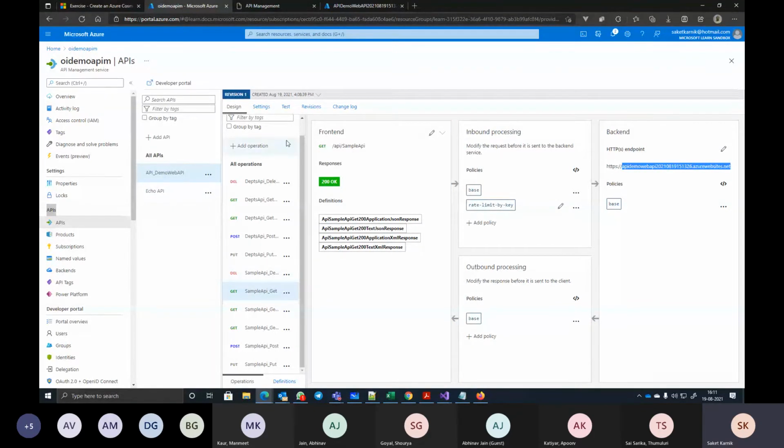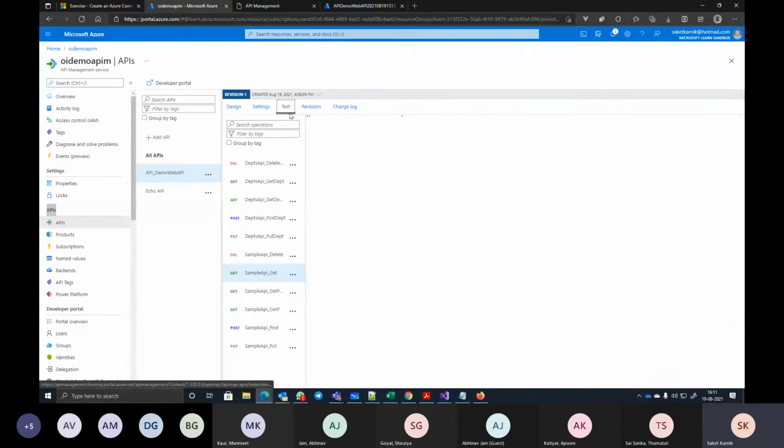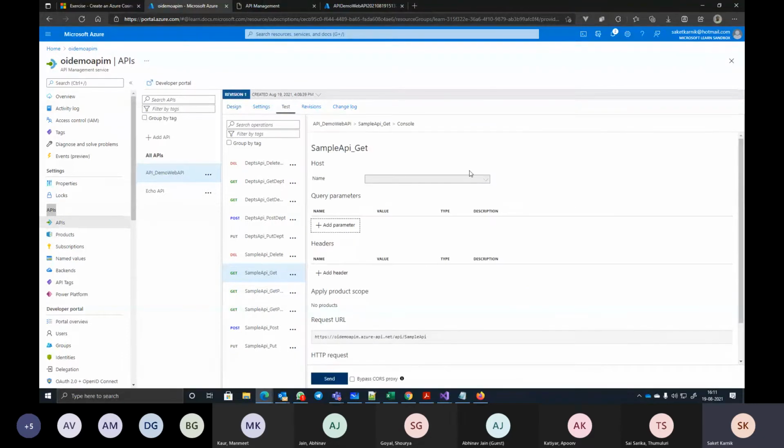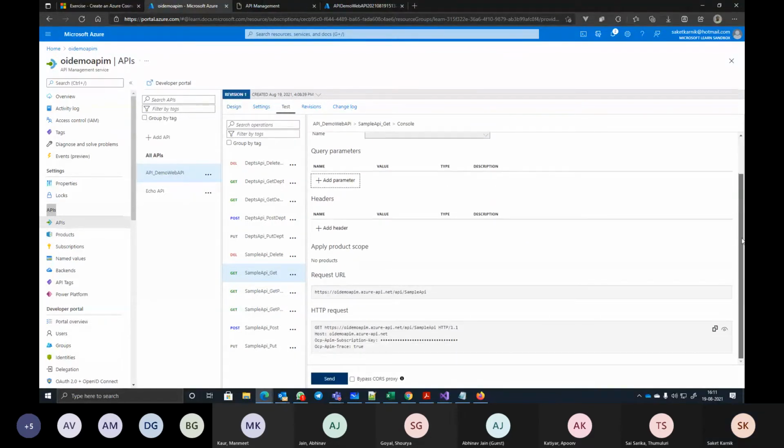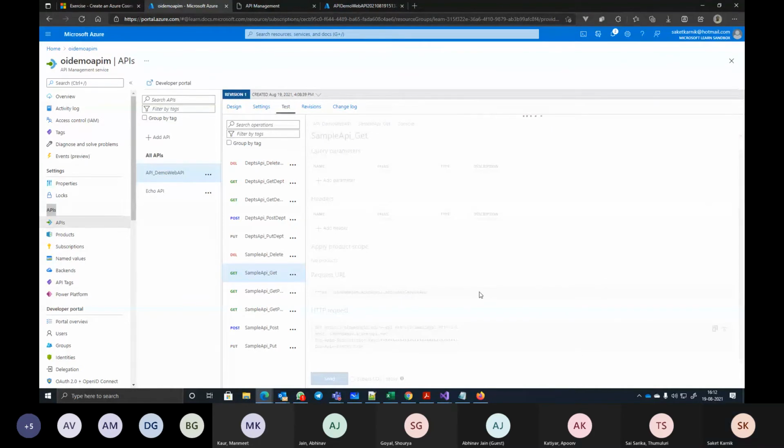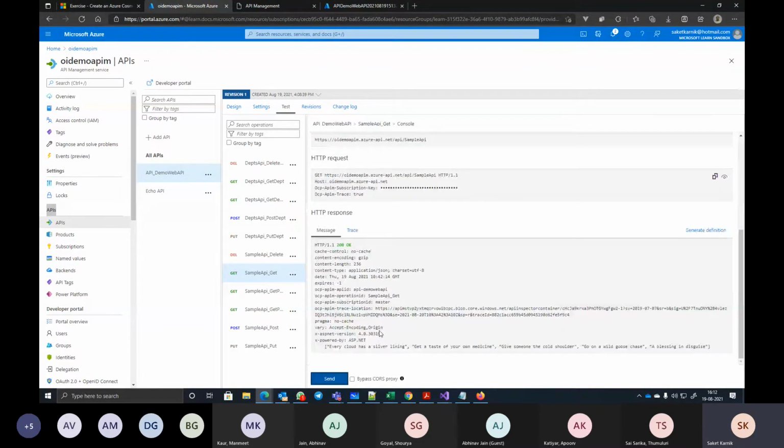I want to test whether this API is working or not. So I go to the test button here, and here I simply click on send. It shows me the details about this API just like Swagger. I say send. There is a subscription key already being passed, which means anyone calling the API via API management has to have a subscription first.